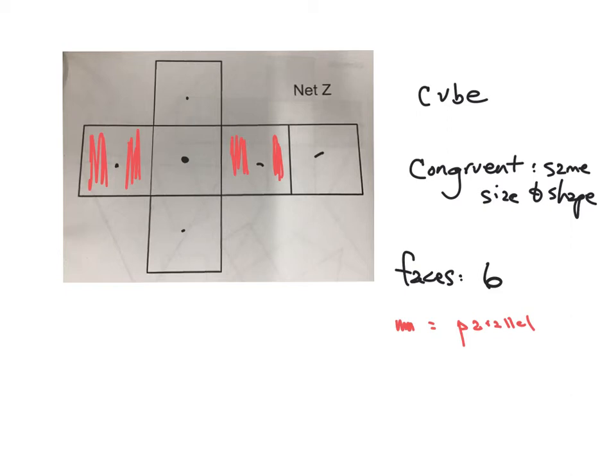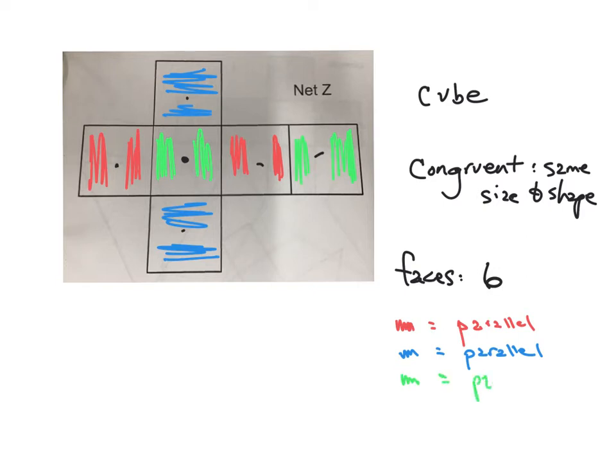Now, I'm going to go and I'm going to take blue and I'm going to say, well, you know what else is going to be parallel? It's going to be these two blue sides because those will stand up and those will make the other two walls. They'll be opposite one another. The blue will also be parallel, all right? Now, my final, this green, my base, my bottom, and this last net or square are going to also be parallel because that's going to be like the topper on my cube. So the last green is also going to be parallel, and when I put this together, it's going to create